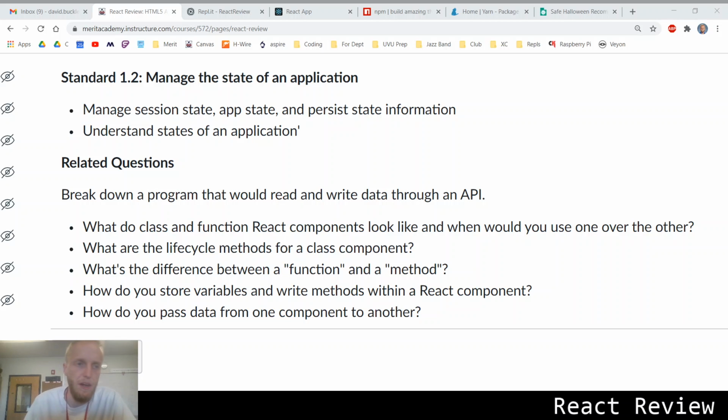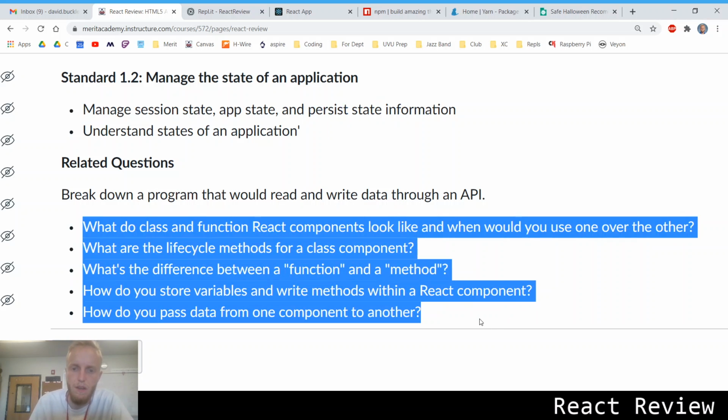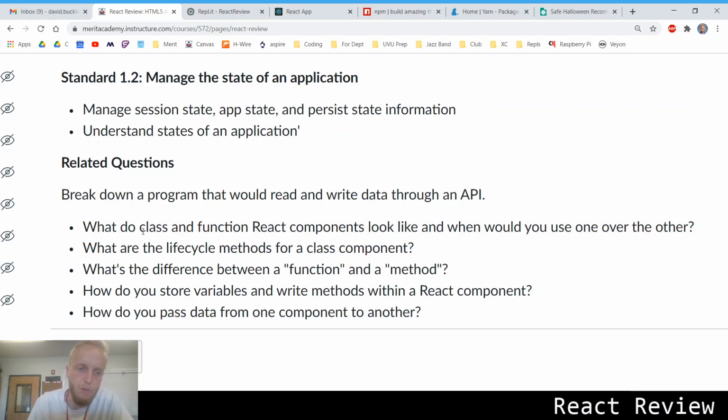Okay, next thing to talk about here is the state of an application, the app state, and how to persist the state, and how to pass it through to different components. We'll also talk about what a component looks like in React, and when we would use different sorts of functionality that goes along